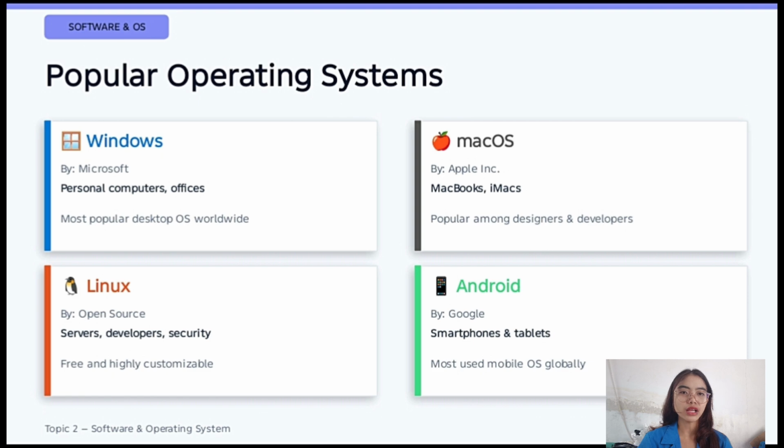Made by Google, Android runs on smartphones and tablets. It is the most used mobile OS globally, and most of us are probably using it right now on our phones.